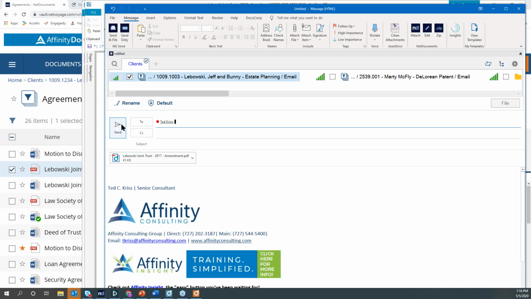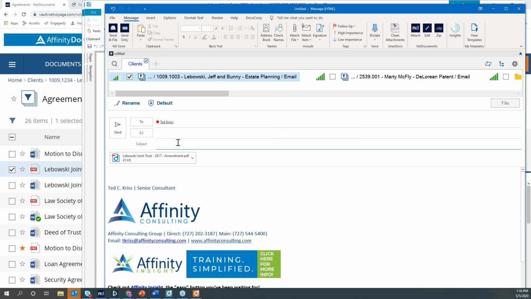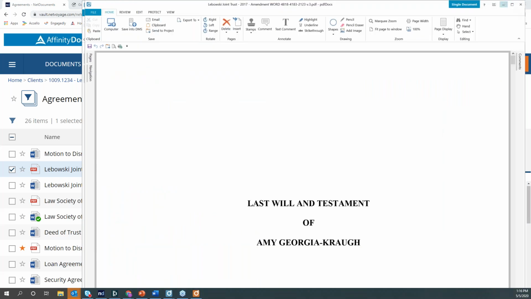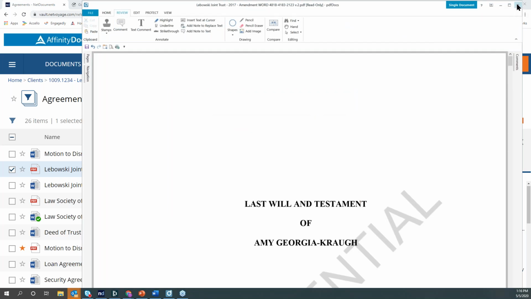Once it's done, I can just simply hit send. And maybe I want to put in my subject here. Now we'll simply send that document out the door. Just going to send, and now we've sent that document out, from our original after we've run our comparison. So that is an example of what we can do if we leverage those